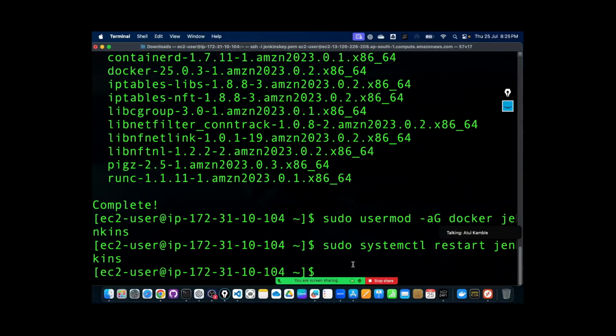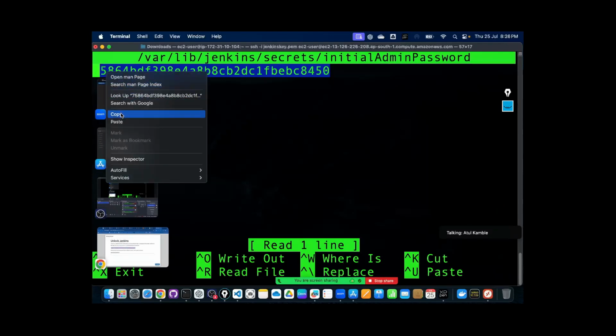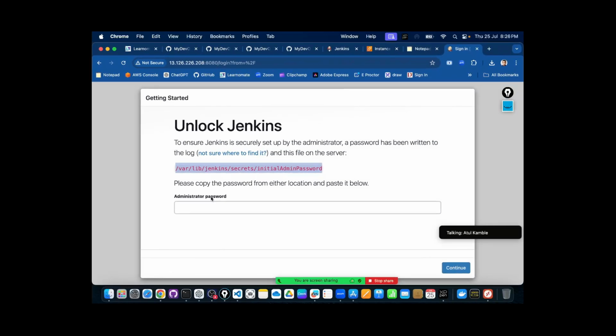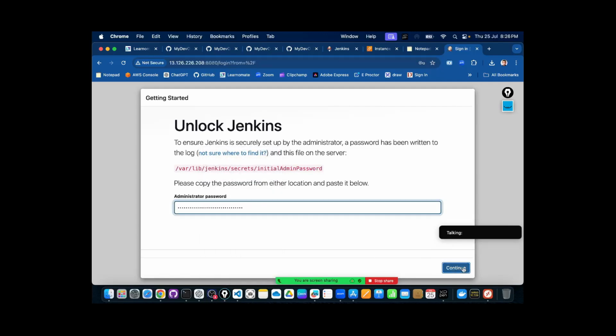and here I am entering sudo nano and then the path of the file. So here is the password. You can copy this password. Here I am copying it, and within my web browser at the public IP of the instance, port number 8080, you can paste the password. Click on continue,